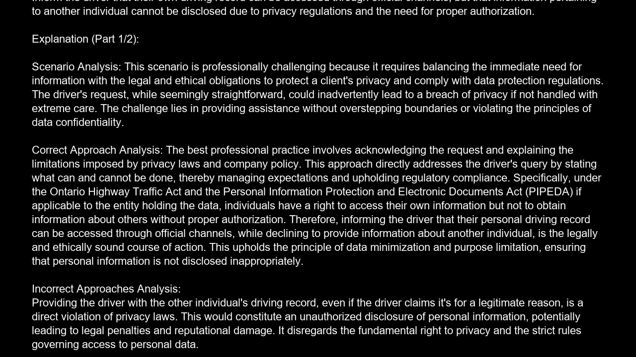The challenge lies in providing assistance without overstepping boundaries or violating the principles of data confidentiality. Correct approach analysis. The best professional practice involves acknowledging the request and explaining the limitations imposed by privacy laws and company policy. This approach directly addresses the driver's query by stating what can and cannot be done, thereby managing expectations